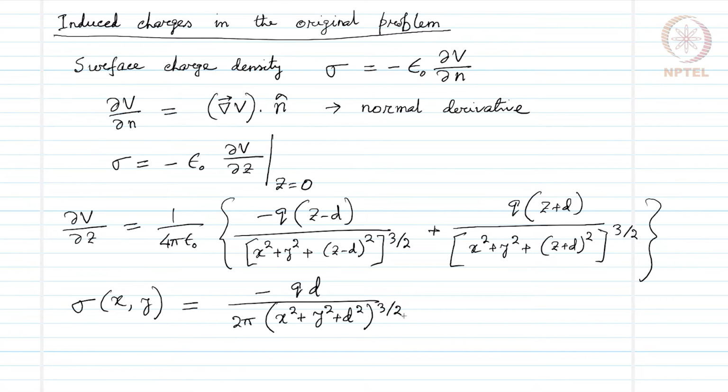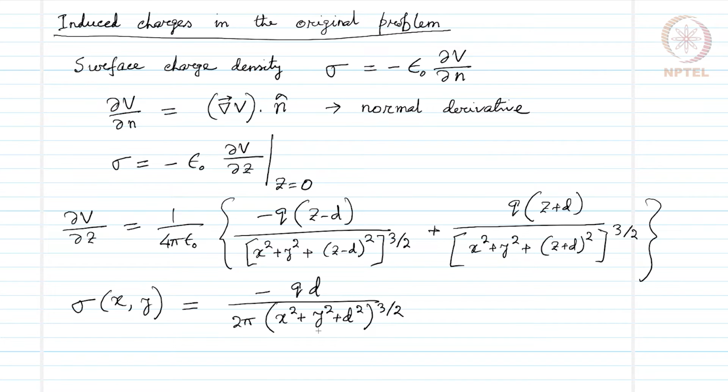This will be the surface charge distribution, and as expected for a plus q point charge on the z axis at a distance d along the z axis, we have an induced charge of a negative sign on the grounded metallic sheet of infinite extent,